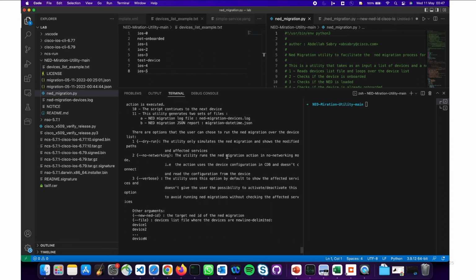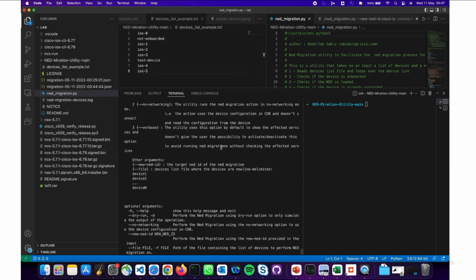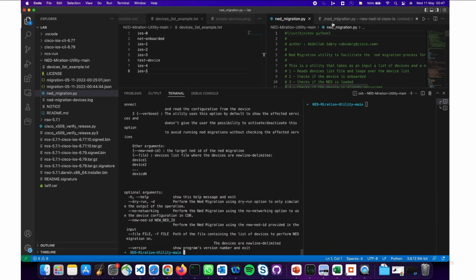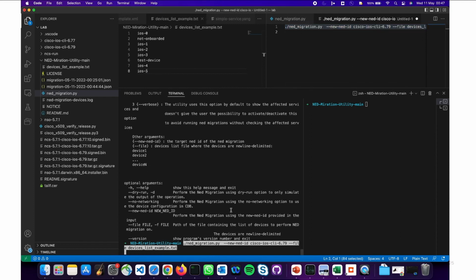So I put --help, and I have all of what it does, how to use it, every flag, everything. I'm just copying here, so as not to make a mistake in the demo. As you can see, I have NED migration.py with the new NED ID. I have to provide the new NED ID, 679, and a file with a list of devices I have to